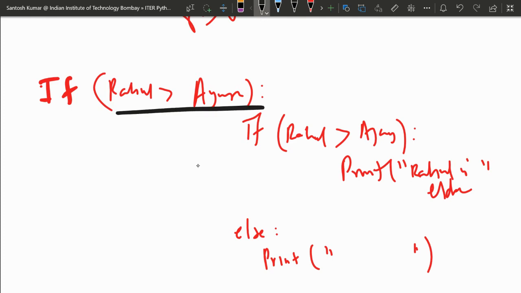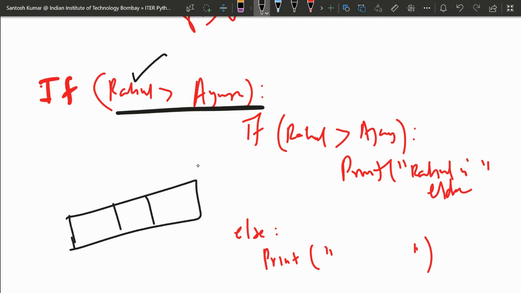I'm making a box so that you will be able to see. Here I've taken Rahul has more age than Ayush, so Rahul will be before. I'm writing in increasing or decreasing order.